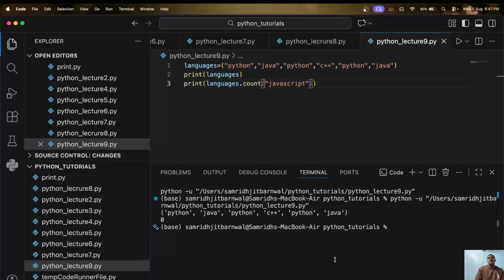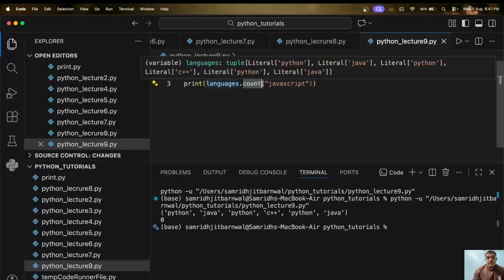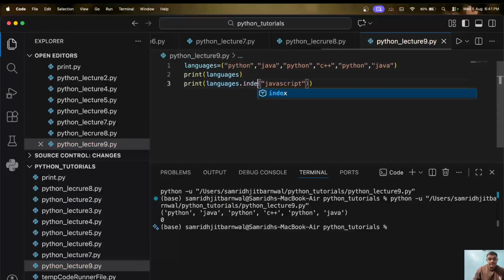Suppose the teacher now asks another question. At what position does C++ appear for the first time? This time we don't want the total count, we want the position. For that, Python provides the index method. So you can write this code with me. So if I write index and C++ over here,